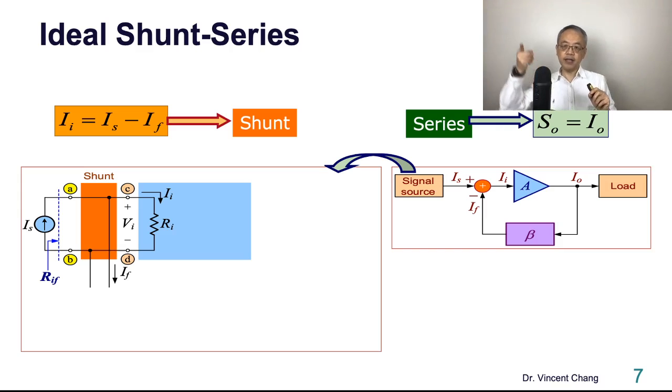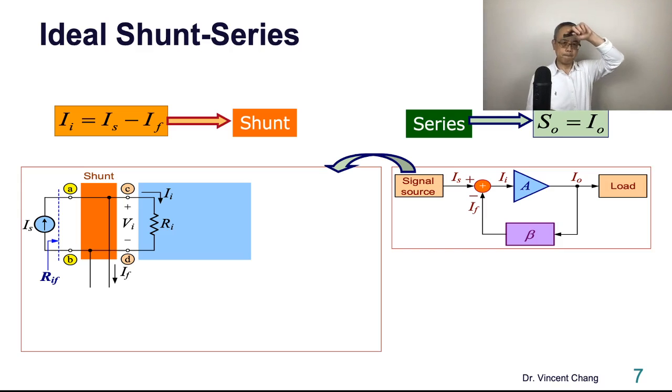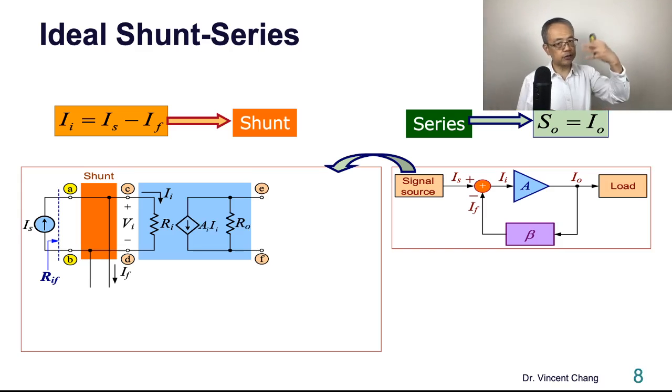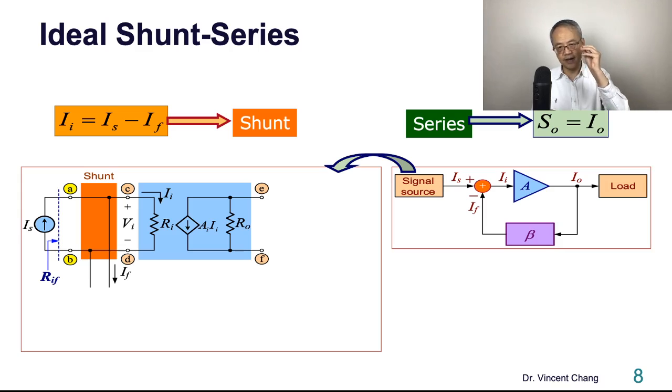So check the input node. The current flowing in is IS, which equals II plus IF. Therefore, the input current II should be IS minus IF. So II becomes the input current of the amplifier, and then the current-controlled current source, Norton equivalent, the current-controlled current source II,